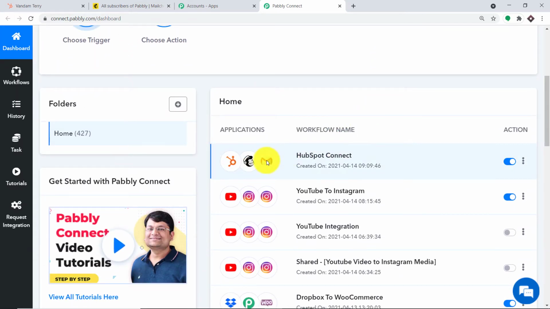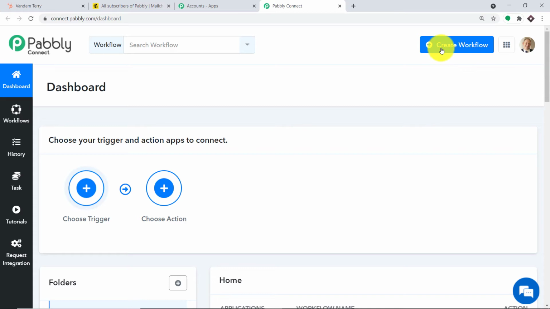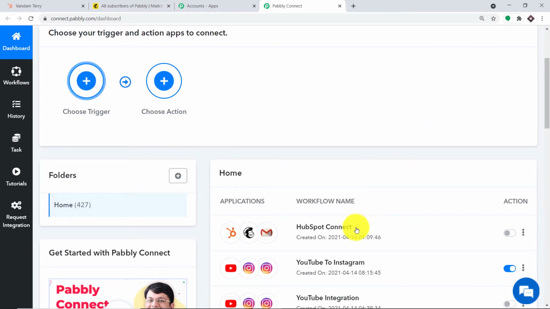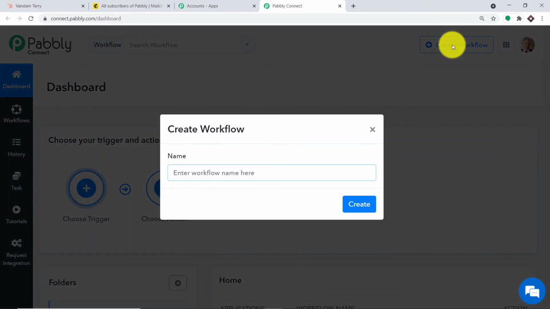As you can see, I have already created a workflow integrating HubSpot and MailChimp. I'm going to toggle this to the left to switch off this workflow. The reason is, if you create one more workflow, it will give double results. To avoid duplication of the results, I have closed this workflow. It is actually none of your concern because we are going to start from scratch. Let me click on create workflow.